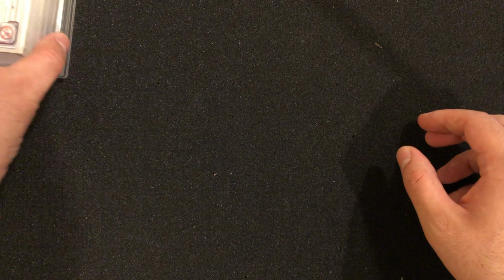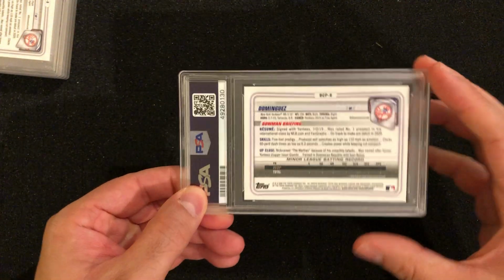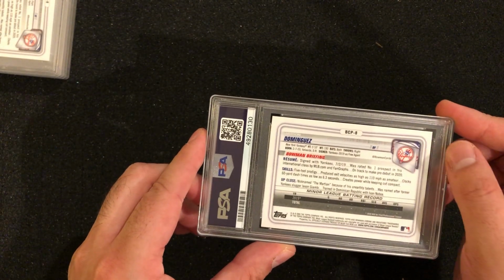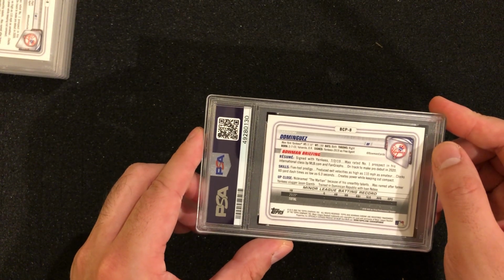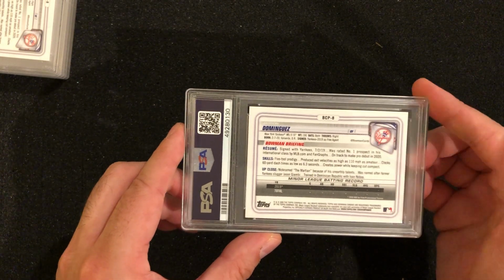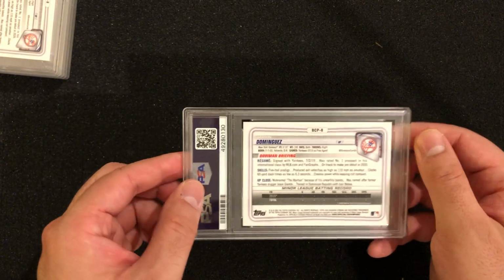Rest of these cards, I think they're all Jasson Dominguez. So, Jasson Dominguez is a teenager, a highly heralded prospect in the Yankees system, signed out of the Dominican a couple years ago, and hasn't had a single at bat stateside. I think he's set to make his professional debut this year, but